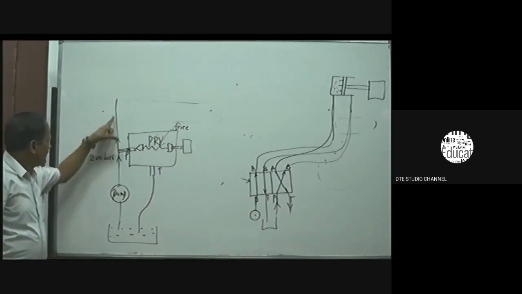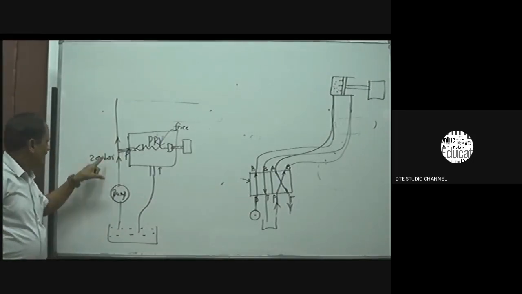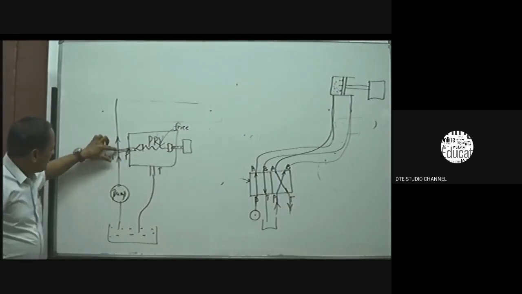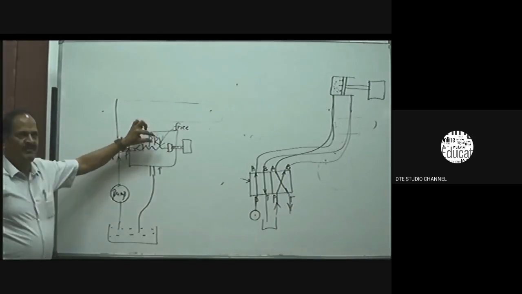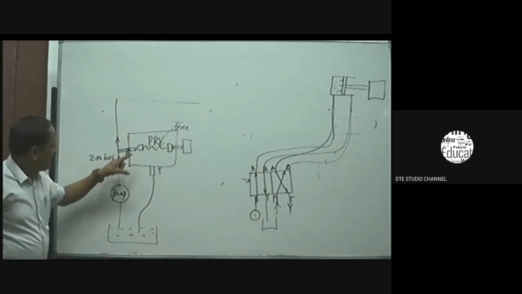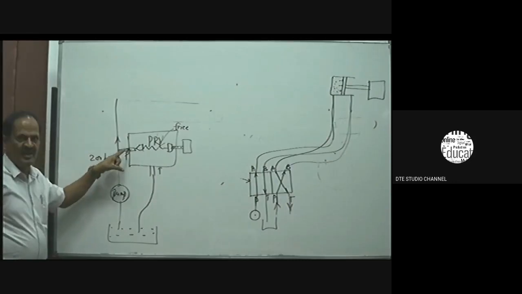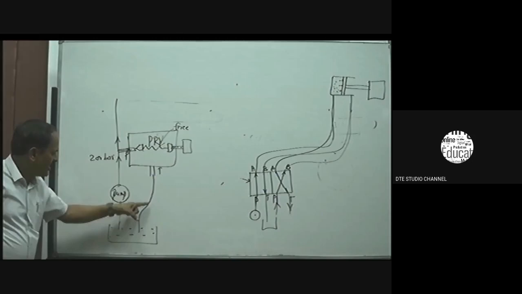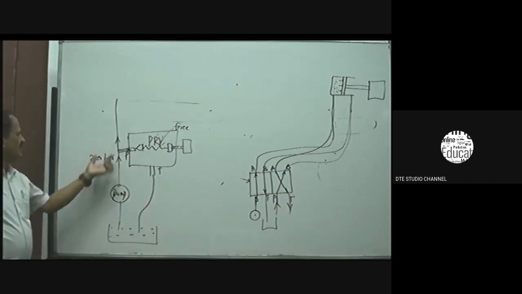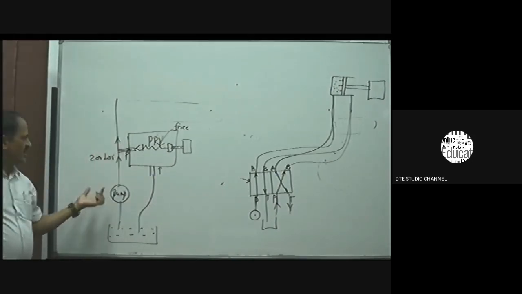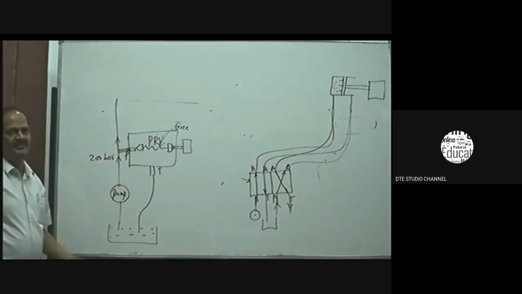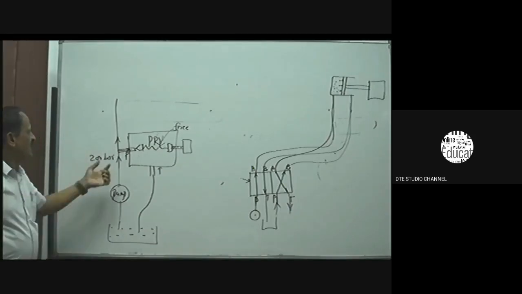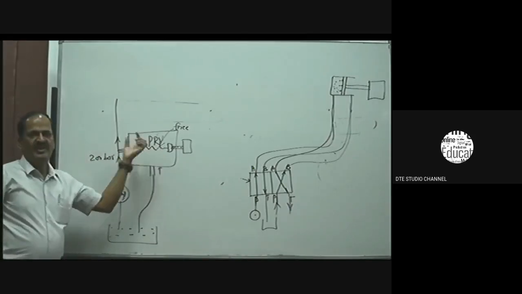Suppose the fluid pressure becomes 210 bar. Now it is greater than the spring force. Automatically, the fluid pushes the poppet. When the poppet is pushed, some quantity of fluid enters the tank port and returns back to the reservoir. Thereby, it regulates the pressure of fluid in the line. As soon as the pressure reaches 200 bar, automatically the poppet is closed by means of the spring.